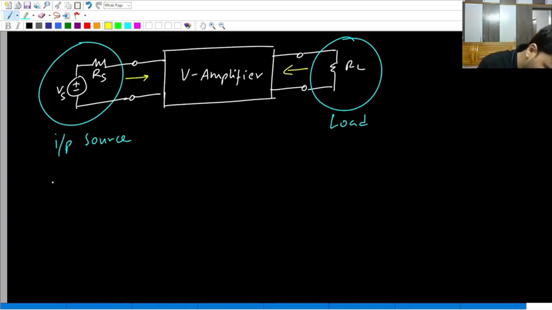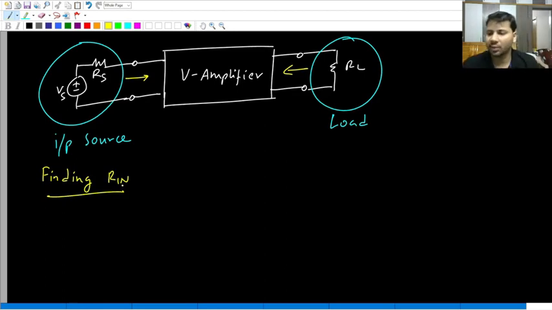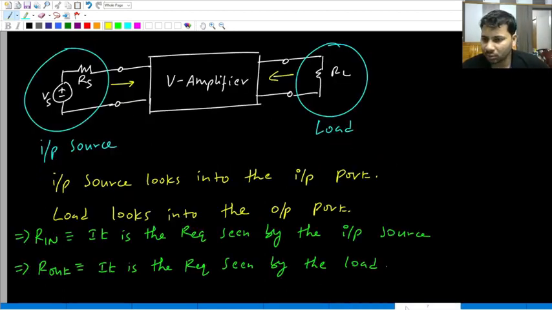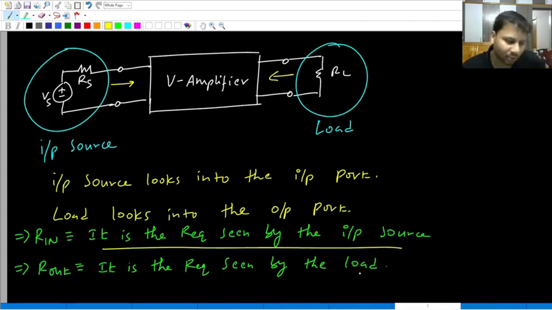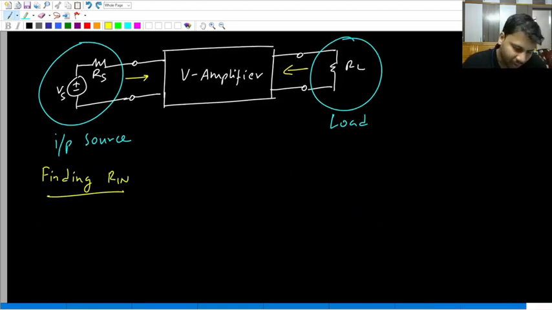So first is what? How you find the input resistance. Already we defined input resistance, right? Input resistance is the equivalent resistance seen by the input source. To find the equivalent resistance seen by any element, you have to replace that element with voltage source Vt and then find Vt by It. So here, if you want to find the input resistance, because input resistance is what? The equivalent resistance seen by the